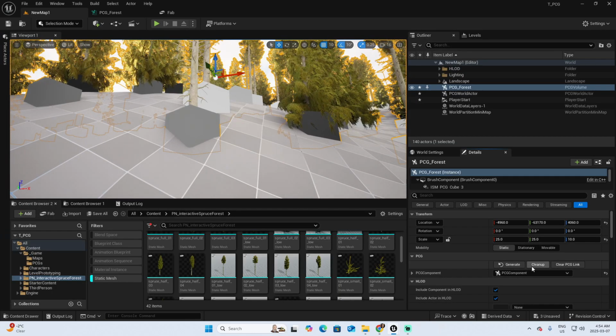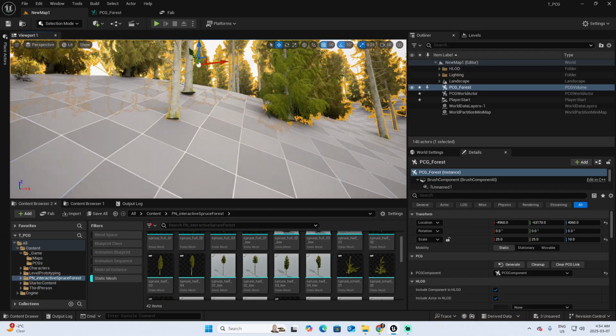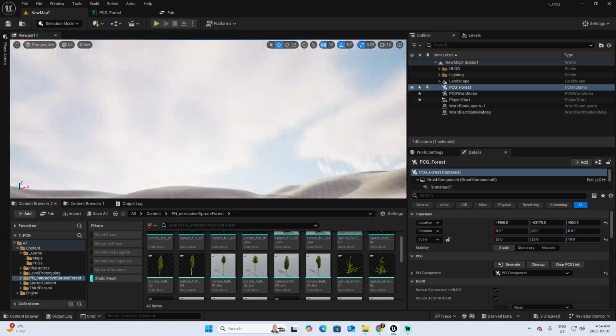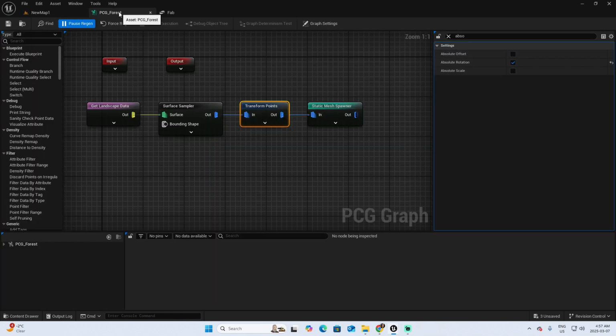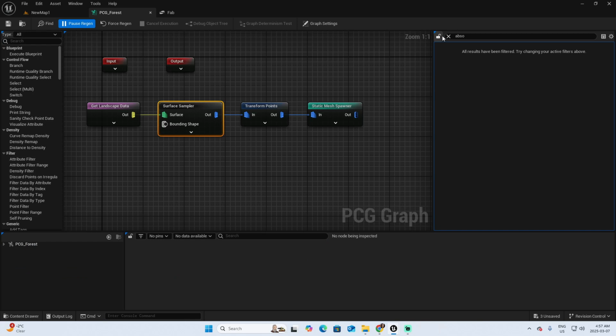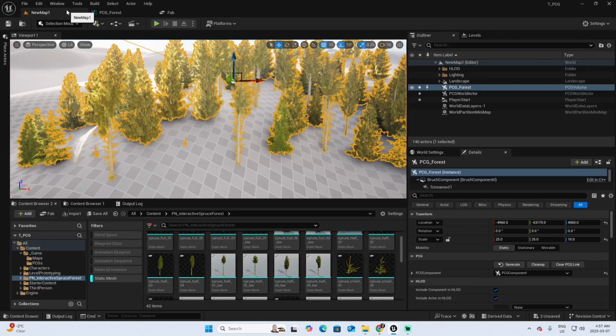Save, clean up, and regenerate. And here it is. Fantastic. Now, a cool trick inside the PCG forest for the surface sampler is that you are able to unbound. At this moment, you are bounded by the box that you created, but you can also unbound this, save, and